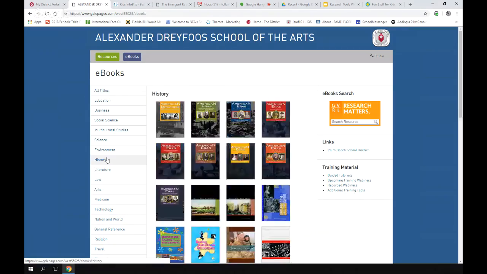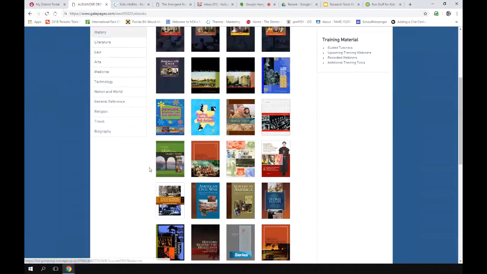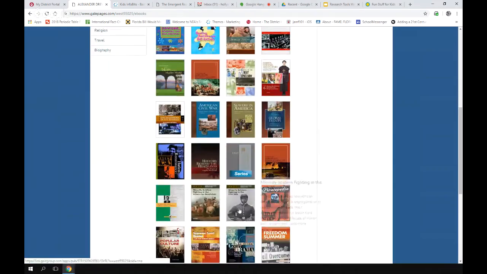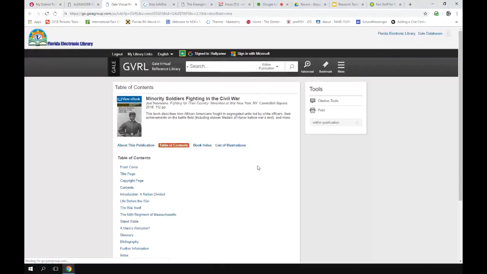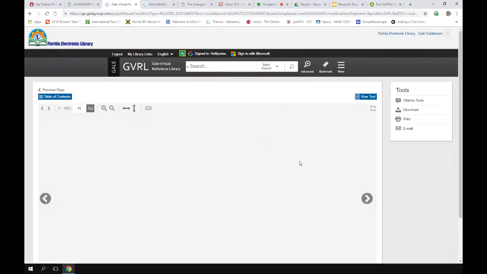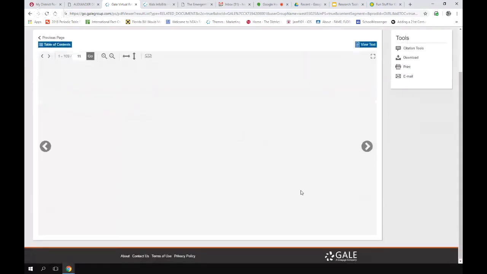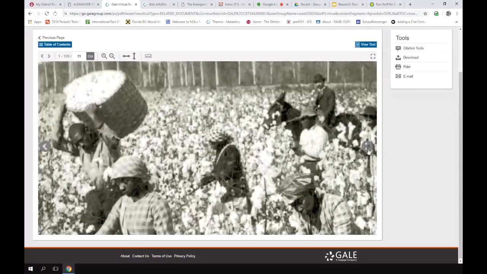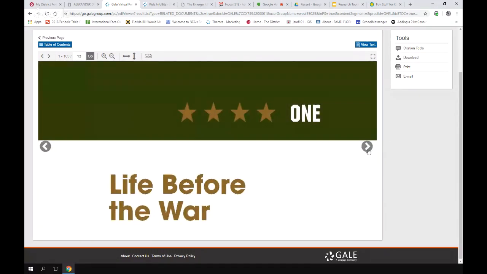Let's pick history, and it narrows it down. And you can open a book and view ebook, and it puts it in a 2-page spread, which it's probably on the fly pages. Hang on, it's loading. There, that's the opening of this book, and you just page forward